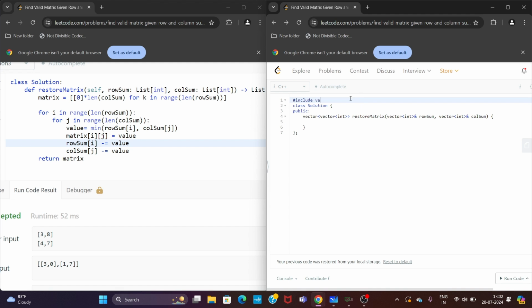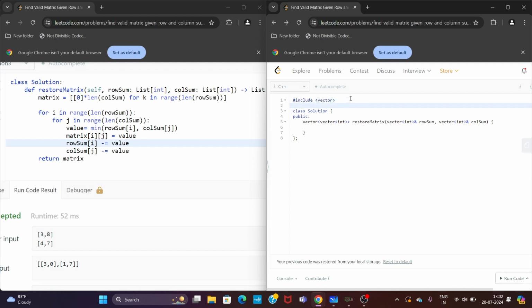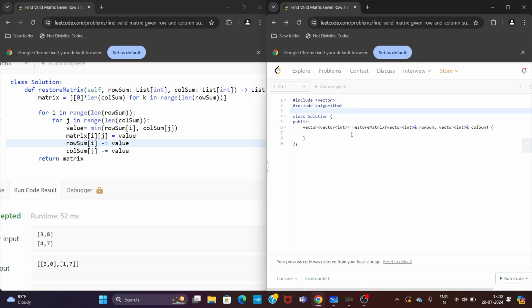Hash include vector. Then we will include hash include algorithm. Okay, I have added it here. Now using our class Solution, public vector int restoreMatrix. Yes. Now initialize